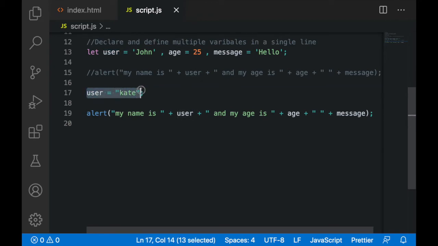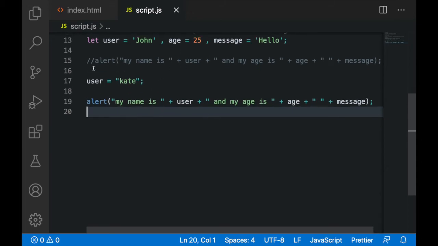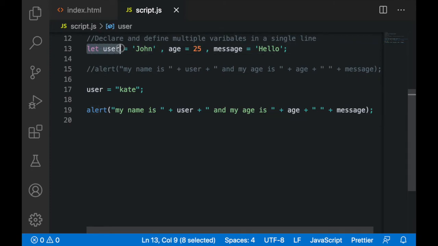Before, the user was John, and now it has become Kate after reassigning the value of user to Kate. I hope I made this concept very clear to you, that you can define a variable like this only once, but you can reassign it as many times as you want. The only thing that is going to happen is that only the current value is going to sustain, and the previous values will be deleted from this variable.